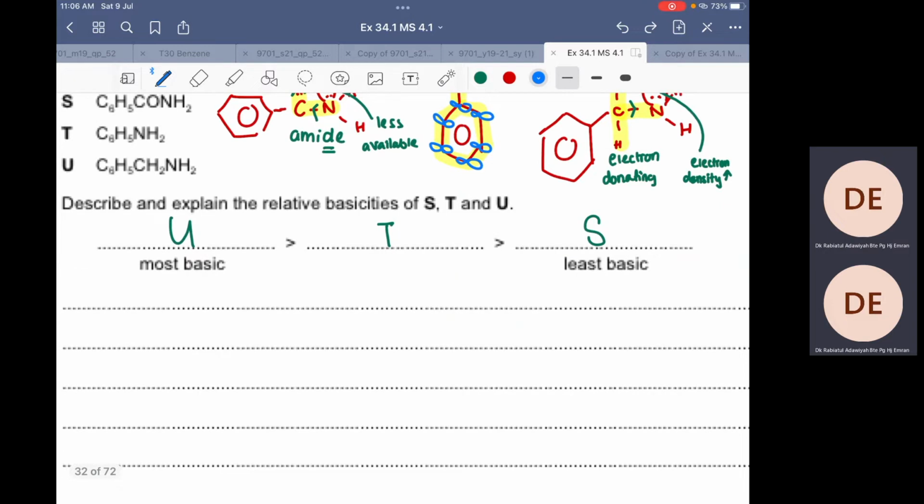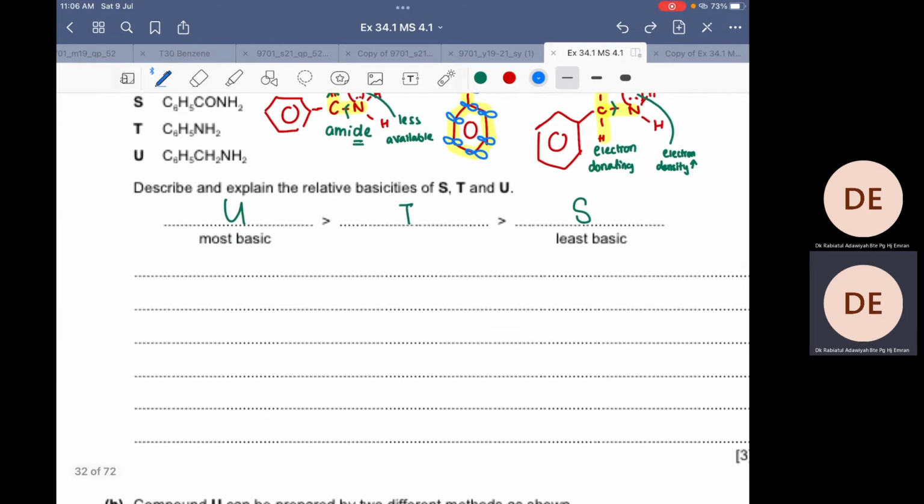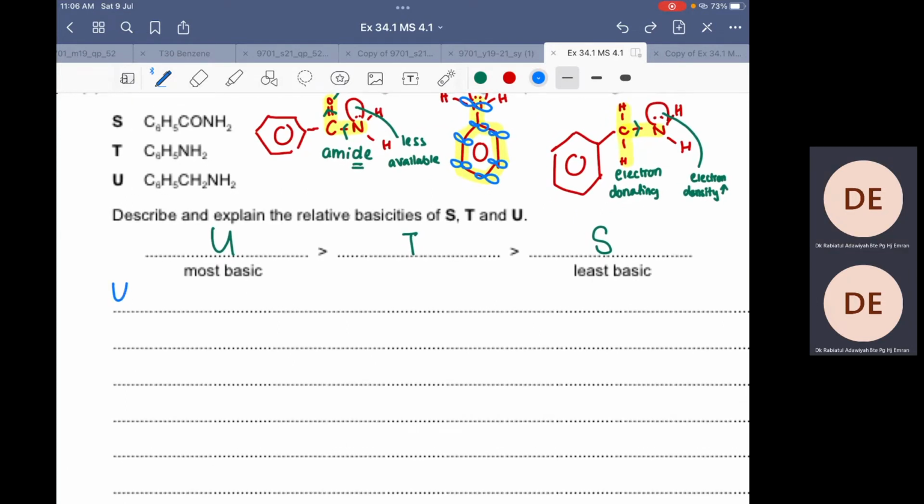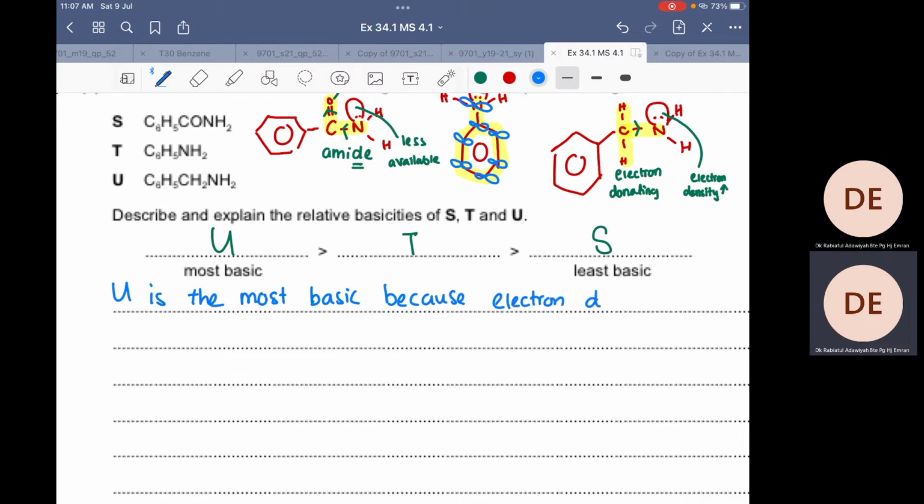Explanation for 3 marks. Okay, let's see. U is bigger than T is bigger than S. Yeah, correct. So first, who's the easiest one to talk about? U, I think. So we can say that U is the most basic because electron donating alkyl group